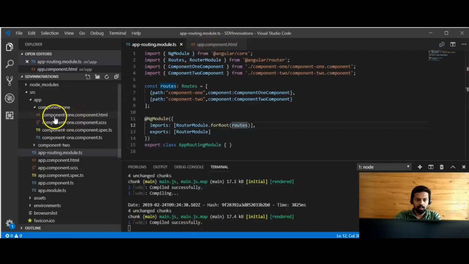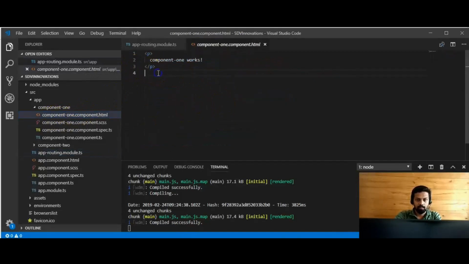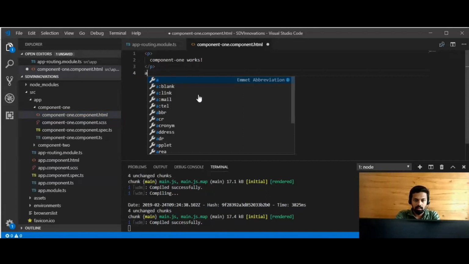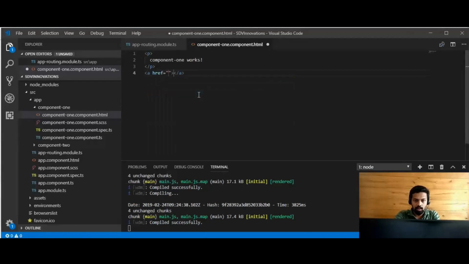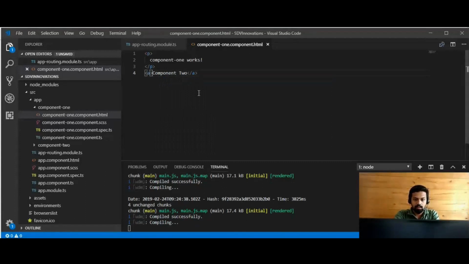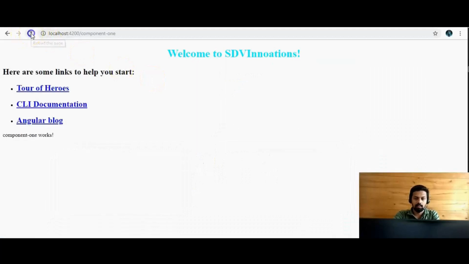By taking the component 1 HTML and adding a link with href, and just removing the href and adding component 2, and save and reload the application. Yes, there is a link having component 2 here,